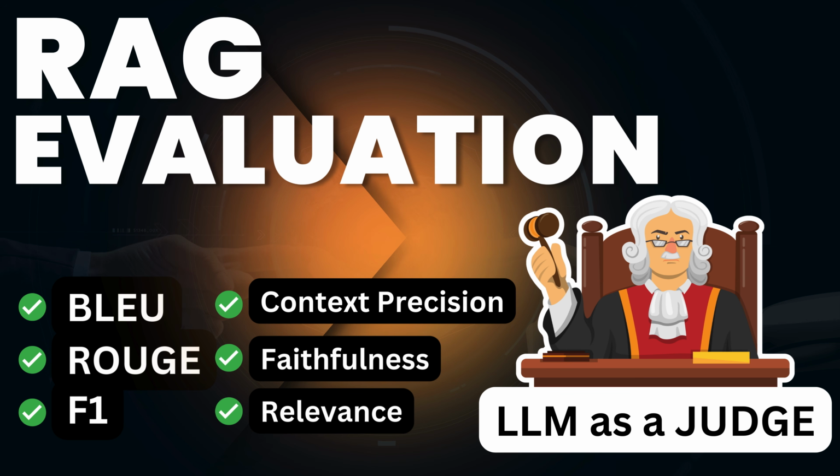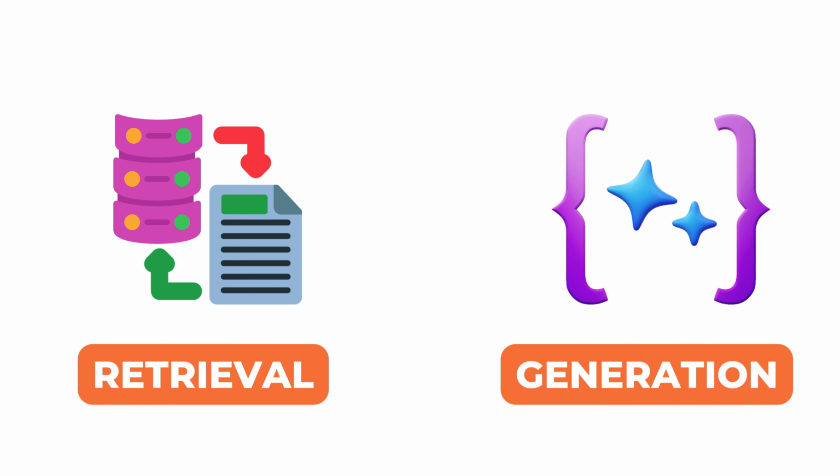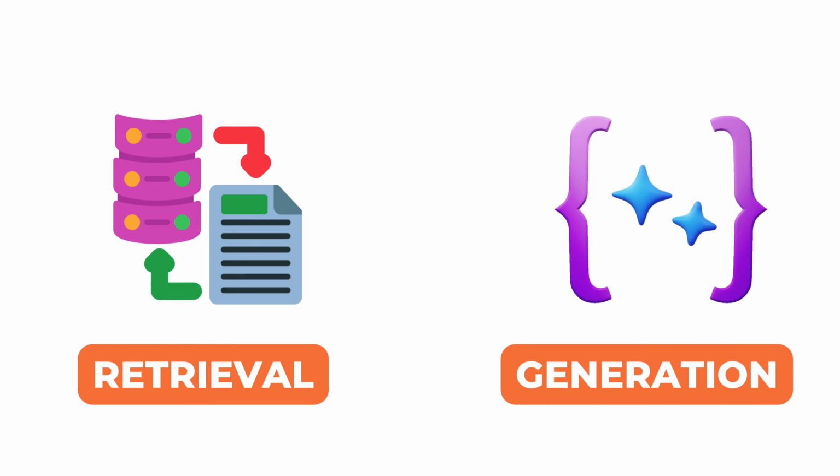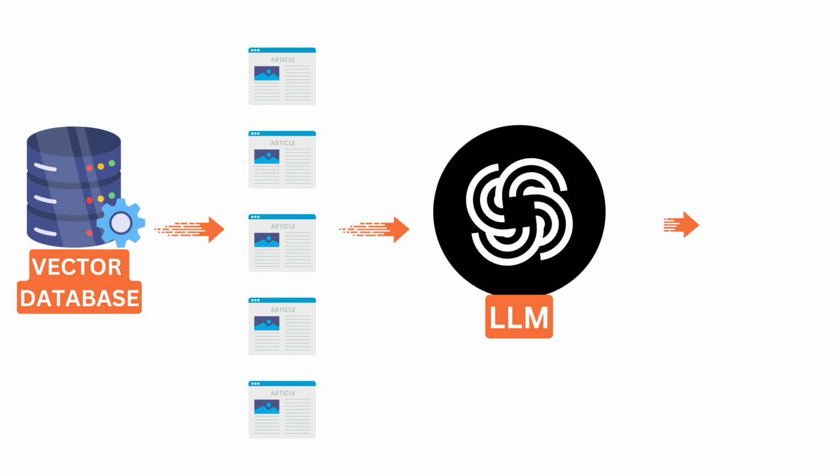A RAG system produces answers by combining two steps, retrieval and generation. The quality of the final response depends on how relevant the retrieved information is and how accurately the model uses